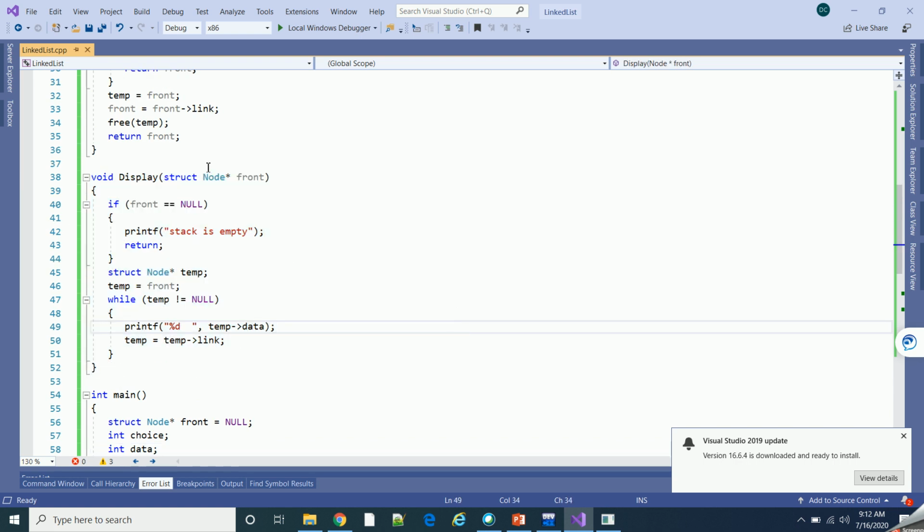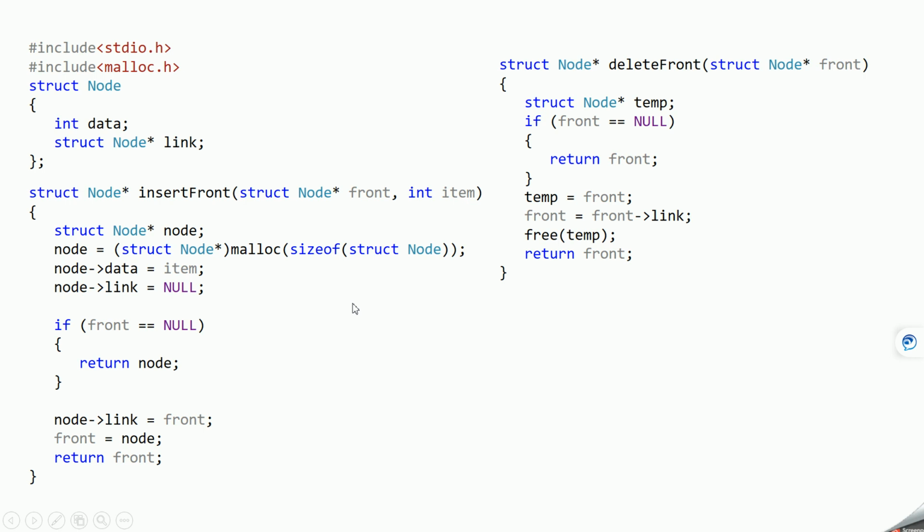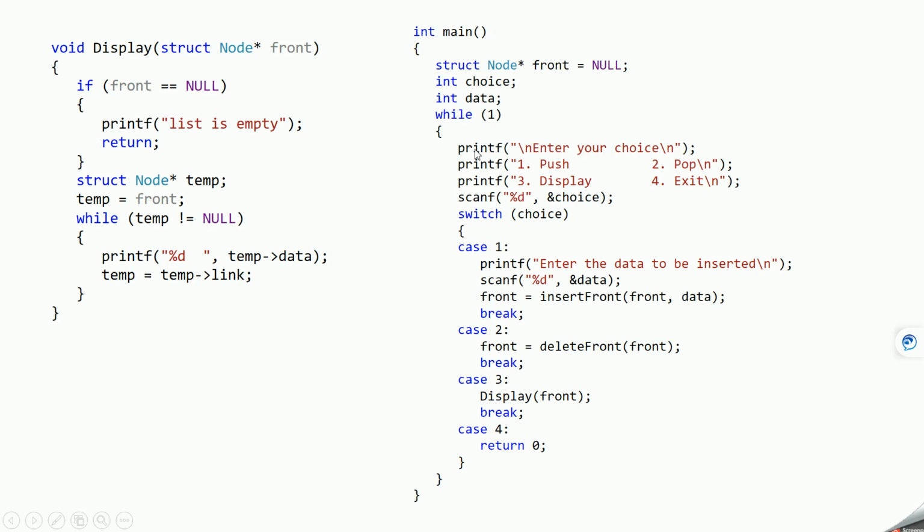All of these functions are explained in detail in my videos, and I'll be giving the link of each of those videos in the description. You can watch those videos and learn to write the code by yourself. So this was the code that helps us create a menu option for the user and perform the operations of the stack on various data.